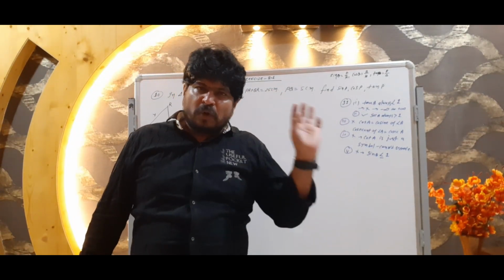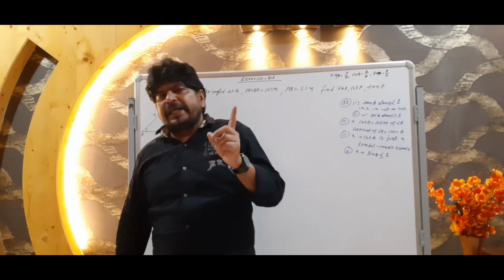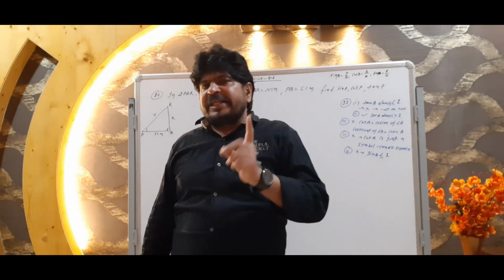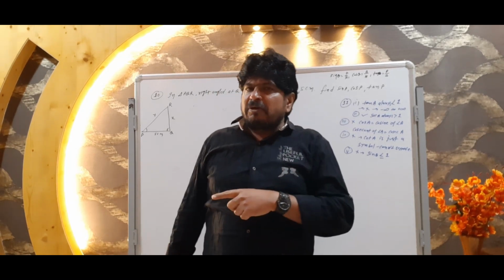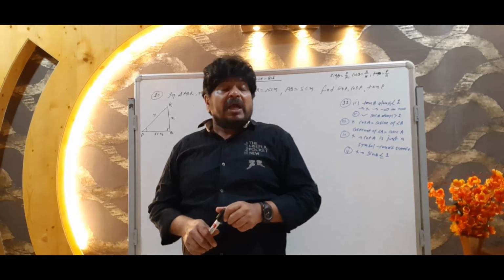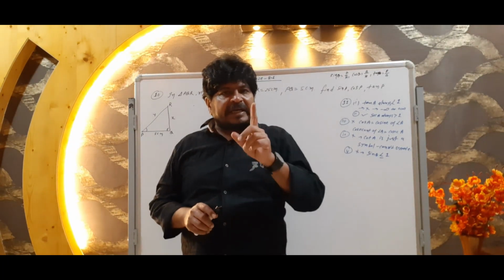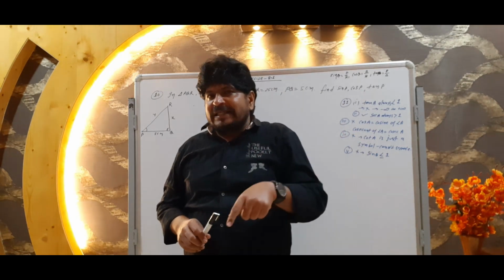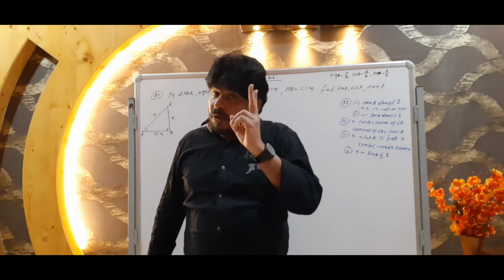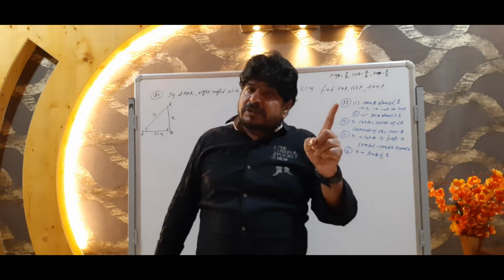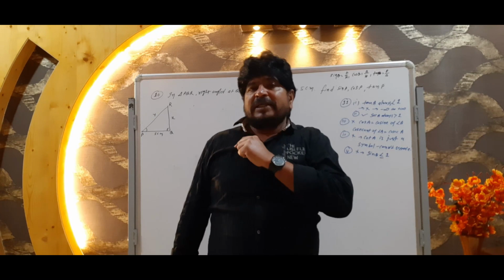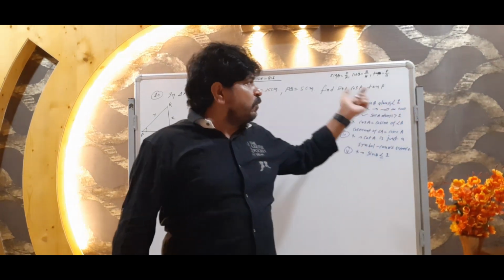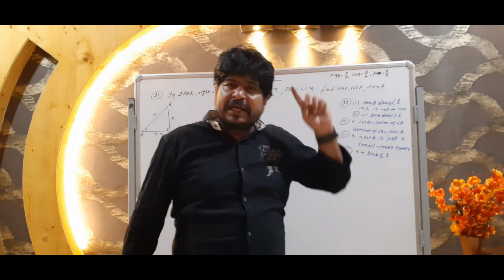Okay, if you want to find the value of sin, cos or tan in T ratios, in that case what is required? All three sides are required. And what is given in this particular question? One side is given very clearly and one relation is given. With the help of that particular relation we have to find the second side. When you get both sides, after it we use the Pythagoras theorem and find the third side. When we get the third side, after it we can easily find what they are going to ask, the value of sin P, cos P and tan P.